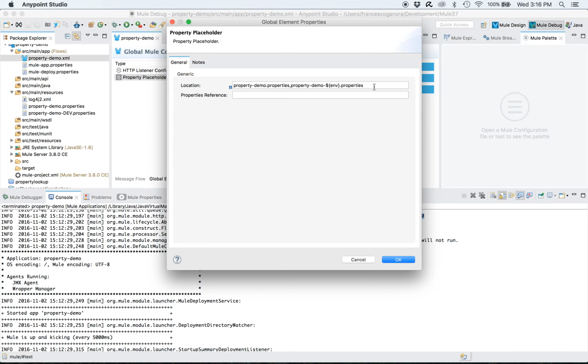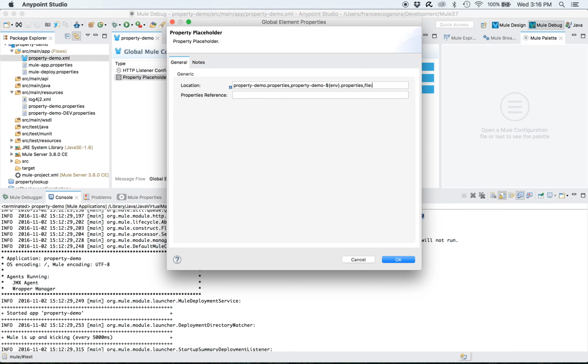So we can add to the comma-separated list further property file. They will not be defined simply like this, because this will be without any prefix. So without any prefix, it means searching the application's class path. We need to search in the file system. So we would put file